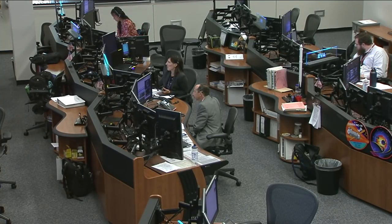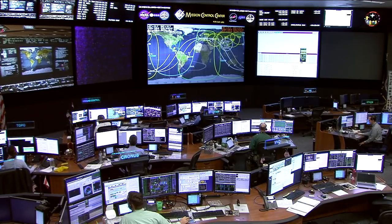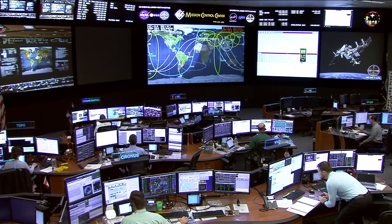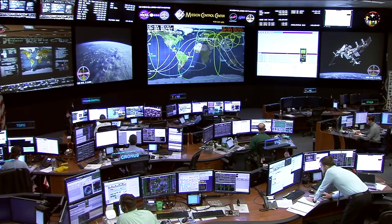So to recap, the launch of the Progress 76 cargo craft began with liftoff from Site 31 at the Baikonur Cosmodrome this morning at 9:26 a.m. Central Time. It was 7:26 p.m. at the launch site in Baikonur to place the Progress in a narrow corridor to begin a two-orbit rendezvous to the station, which has become now the standard mode for delivery of the unpiloted cargo craft by the Russians to the international complex. All of the rendezvous burns were executed in serial fashion and in good shape with no issues,